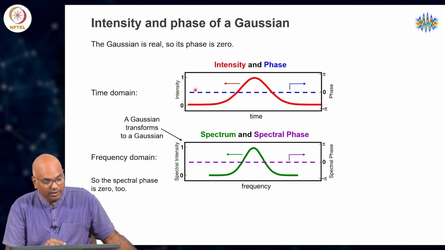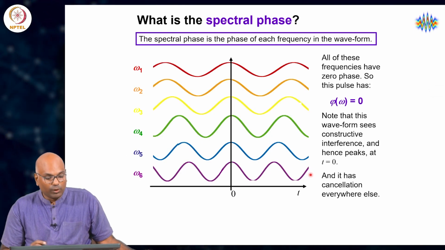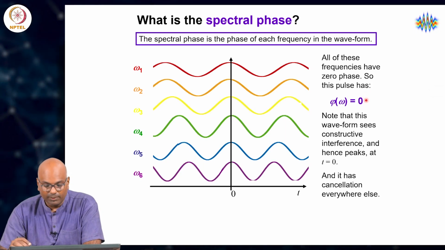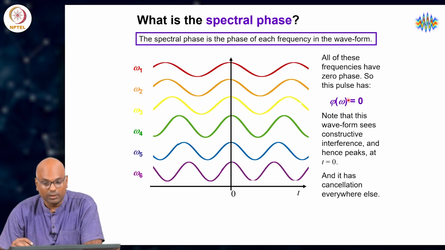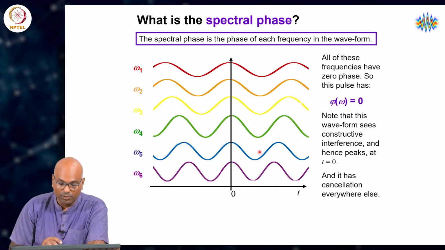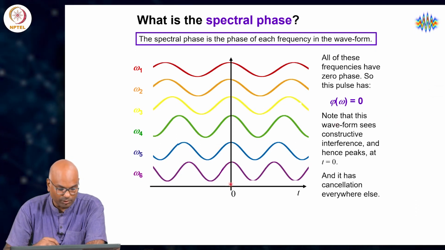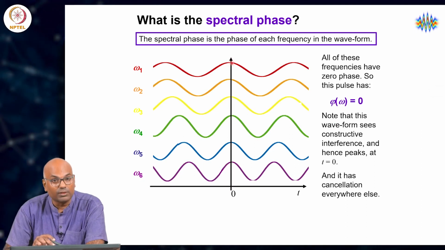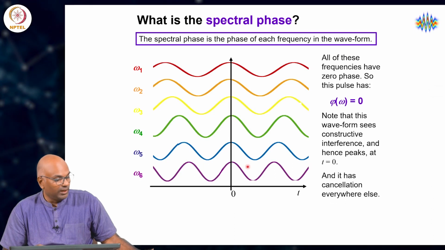So, if the temporal phase function is a constant and a 0, so is the spectral phase function. Now, we also saw an interpretation of what the spectral phase means. So, we took the very simple, instructive case of setting phi of omega to be a constant function equal to 0. This is exactly the scenario of the Gaussian pulse that we had earlier considered, and we noted that for such a pulse, evidently at t equal to 0, the positive maxima of all the constituent frequencies, which we are considering here from omega 1 to omega 6, line up and are perfectly aligned,